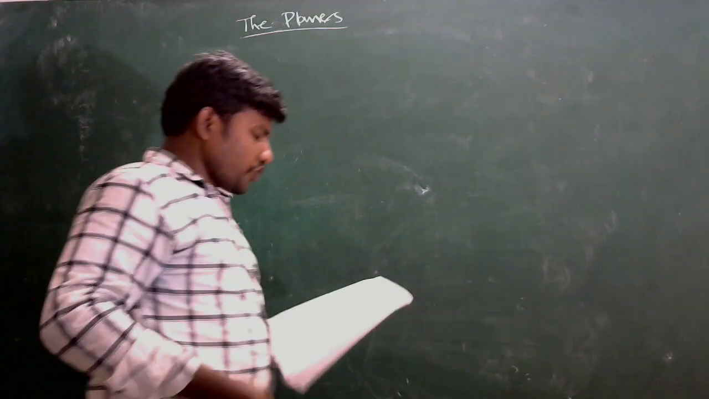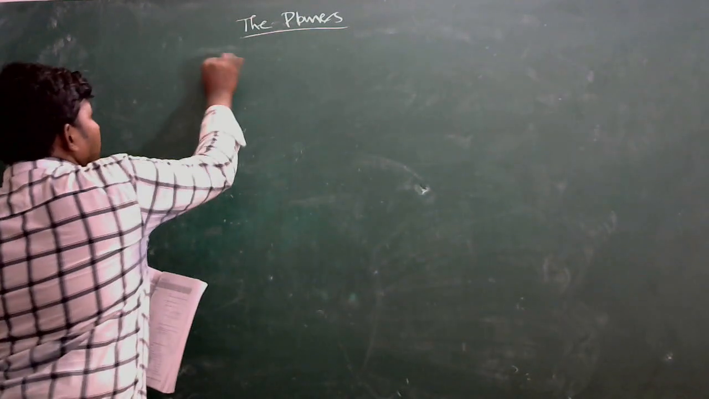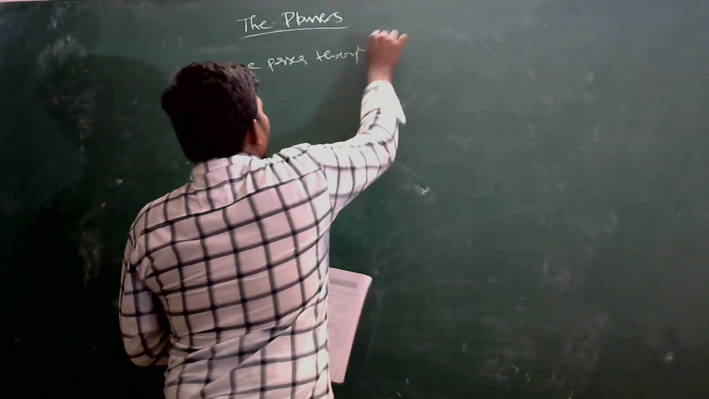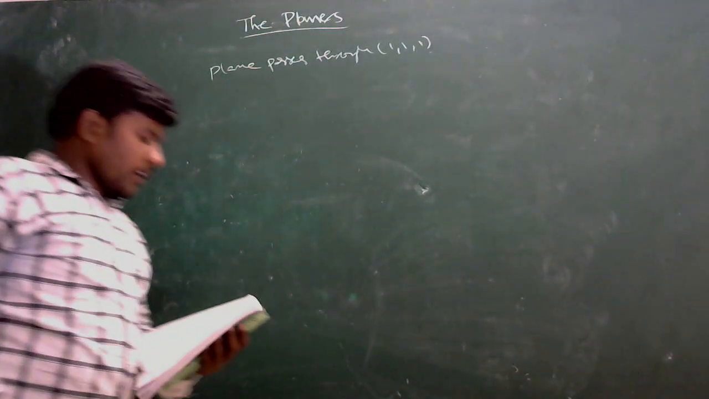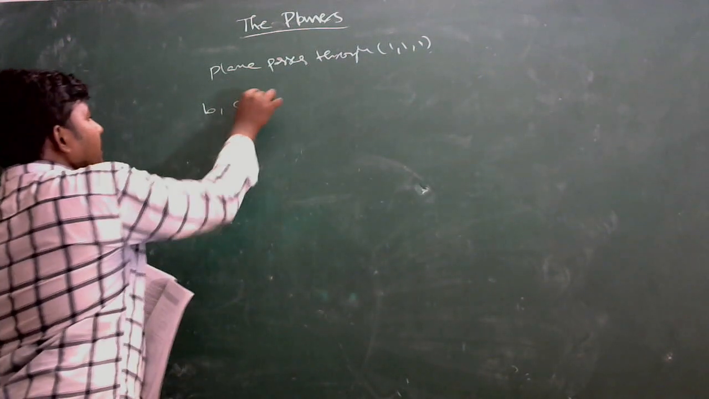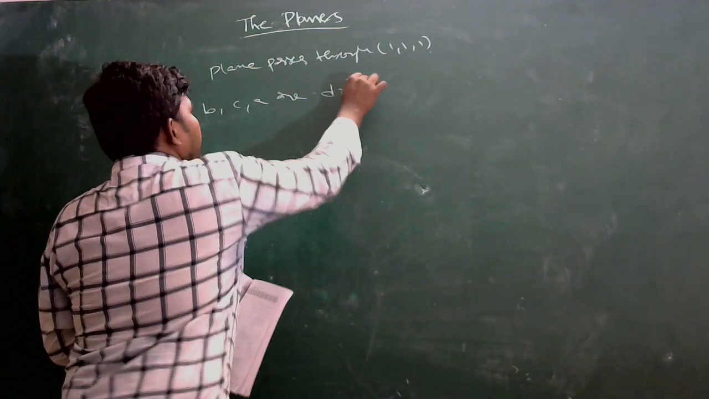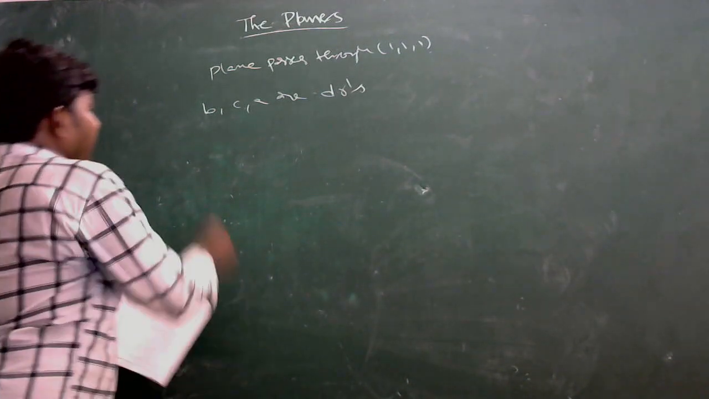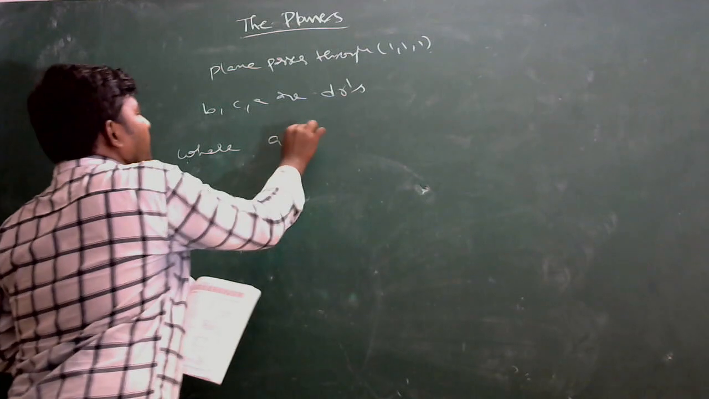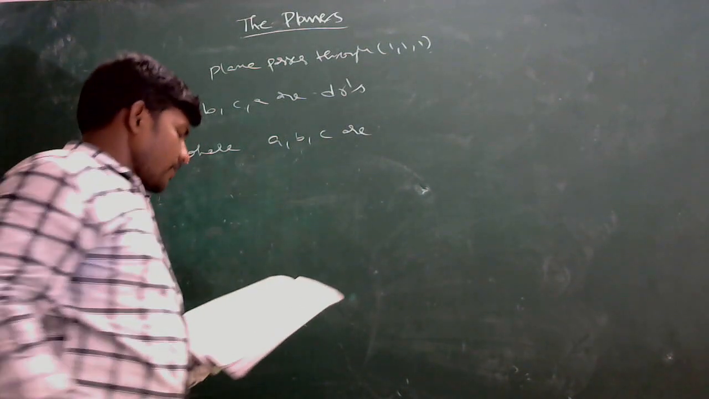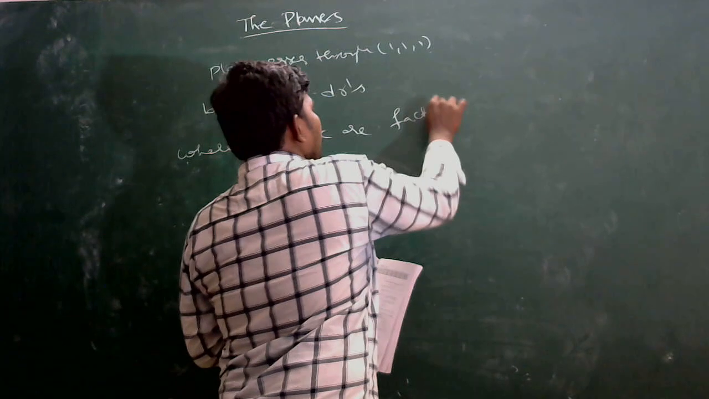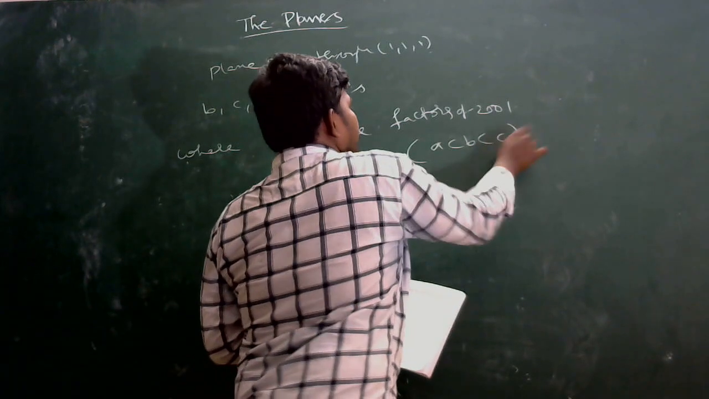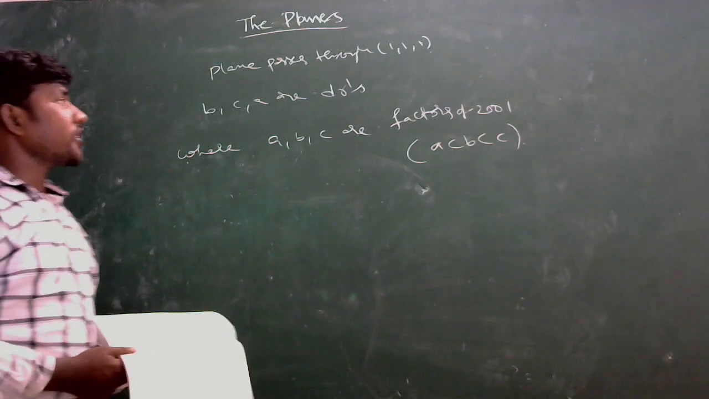A plane passes through the point (1, 1, 1). If b, c, a are the direction ratios of a normal to the plane, where a, b, c are factors of 2001, where a < b < c, then the equation of the plane is